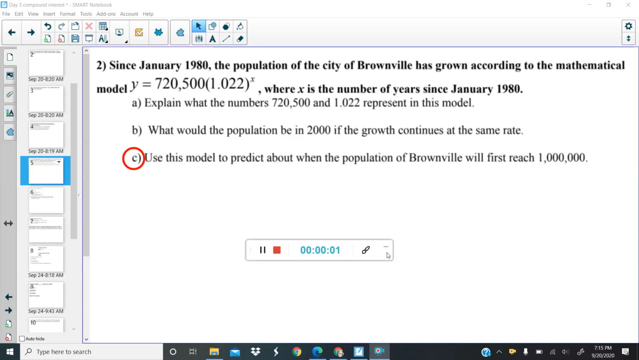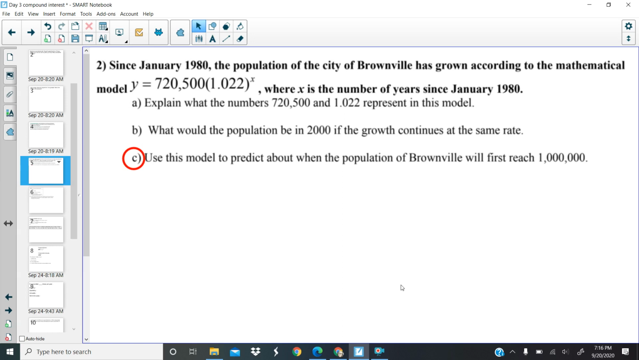Hey guys, today we are going to talk about a few different things, and we're going to start with how to solve a problem like 2C and 5C that were in your homework on Friday. So, for A and B, you're just finding the equation and what the numbers in the equation mean, and then plugging in a number for X, which is going to be the amount of time that has passed, and solving it that way. For C, you're predicting when, at what time the population is going to reach a certain